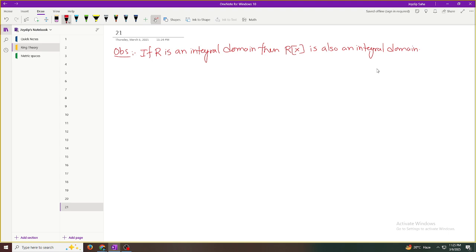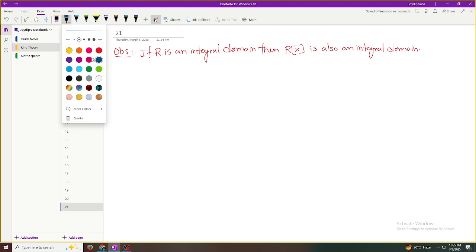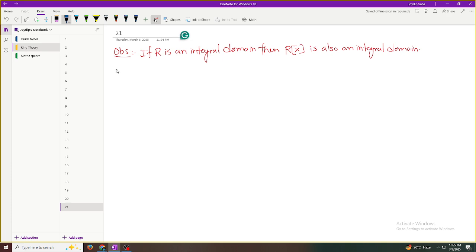Why? We can directly take two polynomials over R, say f(x) and g(x), with f(x) times g(x) equals 0. Then